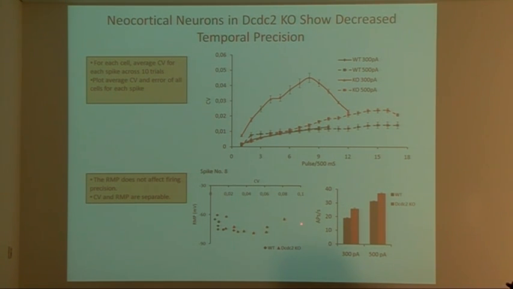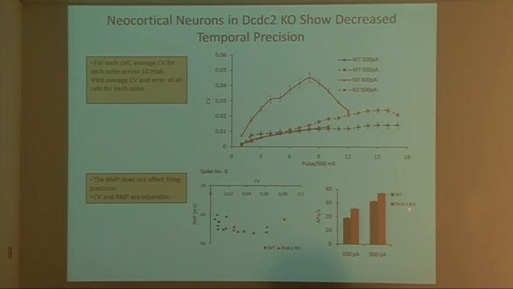That coefficient of variation is actually decoupled from resting membrane potential. So any change in resting membrane potential doesn't affect this. And it, in fact, is there for all current injection amounts, even when the action potential, so in this case,